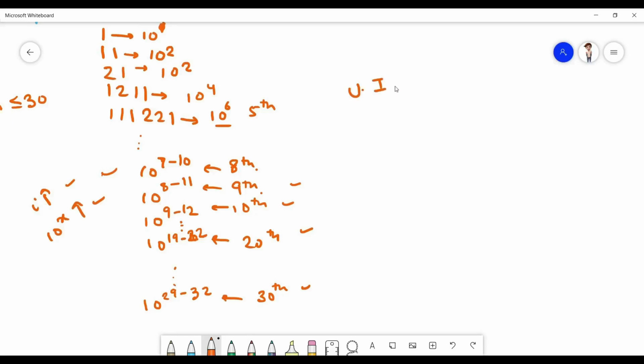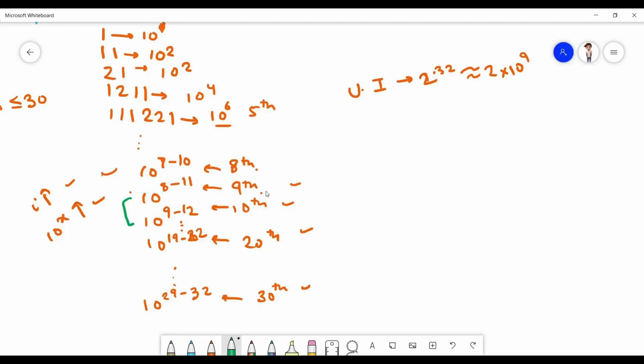Unsigned integer has an upper bound of 2 raised to the power 32, which is nearly equal to 2 into 10 raised to the power 9, right? So look over these two terms over here.